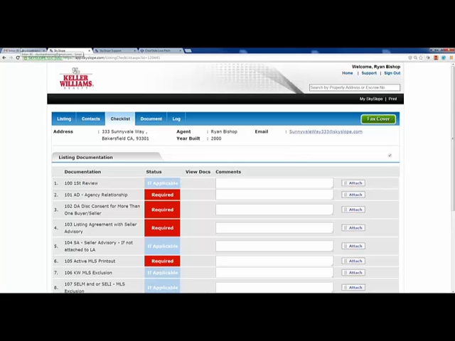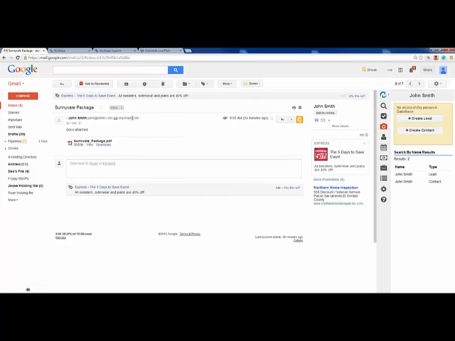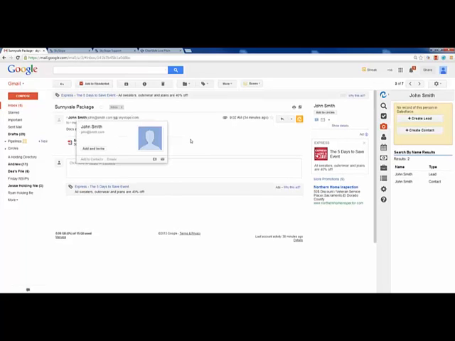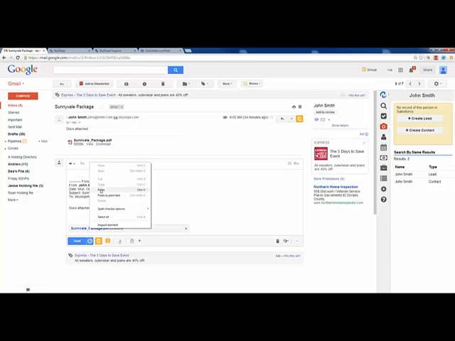Next thing I'm going to do is I'm going to open up my email. Now I know everyone has their own specific email that they use. In this case, I happen to use a Gmail. So here you can see from John here, I've got a listing package for our property here, and it's attached. You don't have to print it and separate it. You're just going to take the whole package and you're going to take the email and you're going to forward it to that property email address like this. Paste